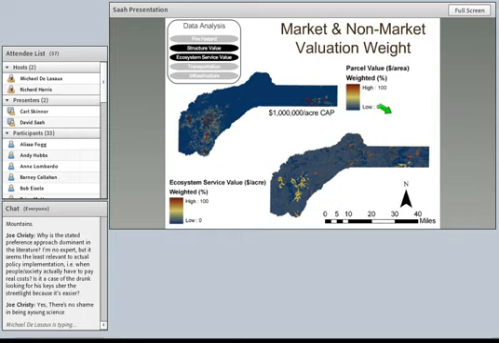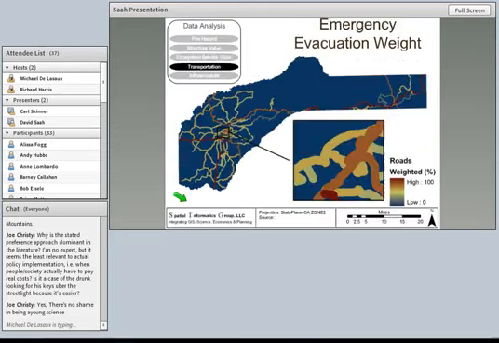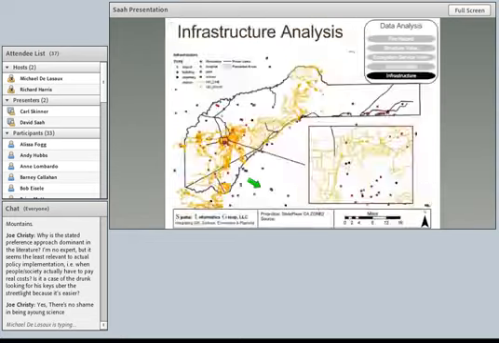The next element that we looked at was the emergency evacuation routes. Working with the fire chiefs, we identified the routes that they prioritized the most. We took not only the routes, but also the placement of where those routes were located. And using some sort of algorithm, which if you're interested, I can show you how we did it, we buffered the roads out and then created a priority scheme where the most sensitive routes that were located on crests were given the highest priority. And some of these secondary roads were given lower priorities.